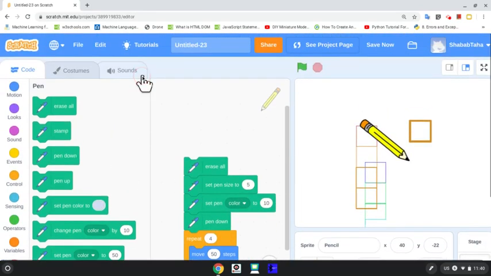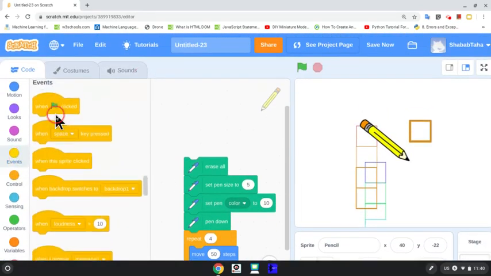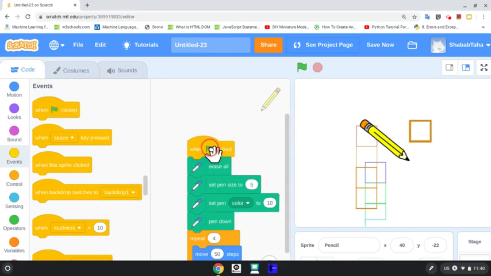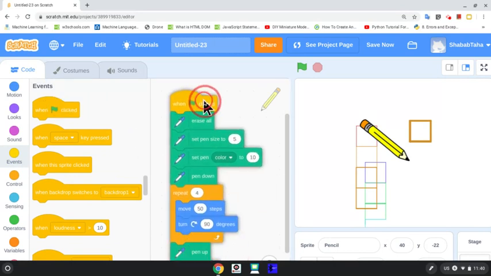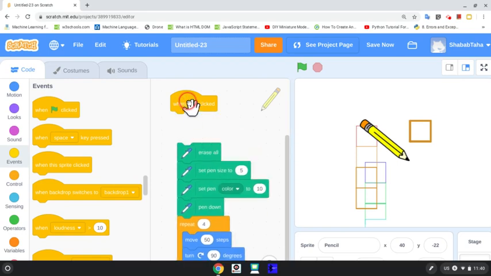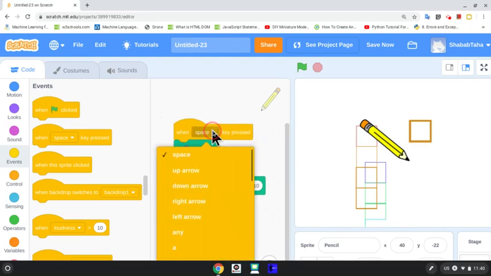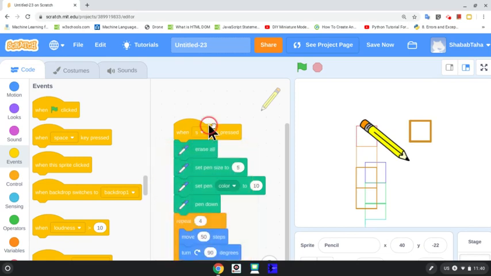Don't forget to put an event here. So when you put an event, I'm putting flag here, and I have a better idea. You can actually, for square, use when S is pressed. It will help you that next time when you're going to draw the rectangle, when R is pressed it will draw a rectangle, and when S is pressed from the keyboard it will draw a square. I'm also going to name my project draw square. Okay, when I press